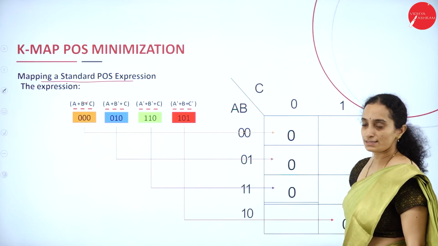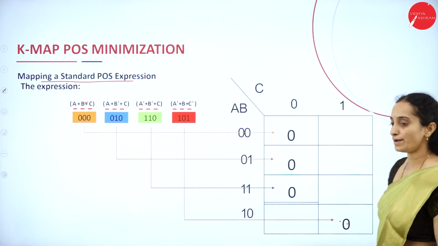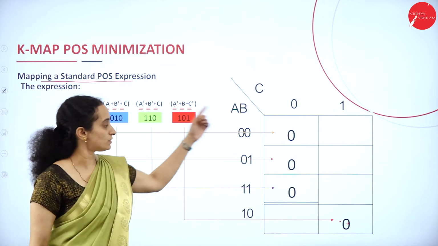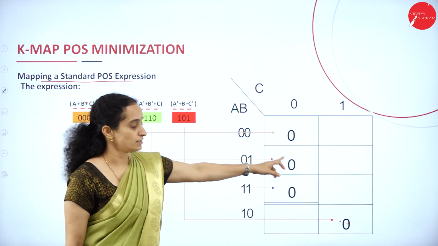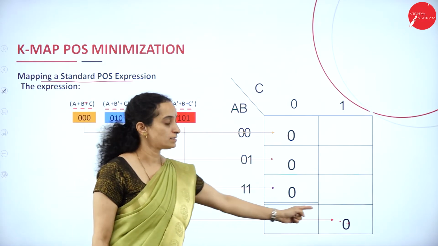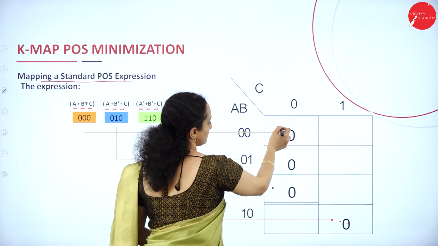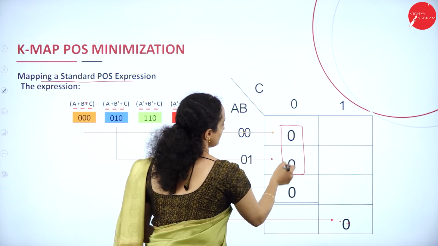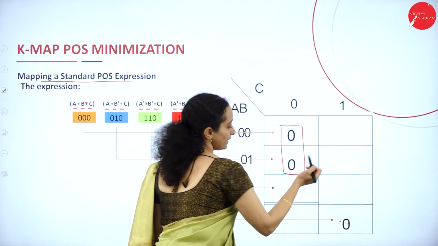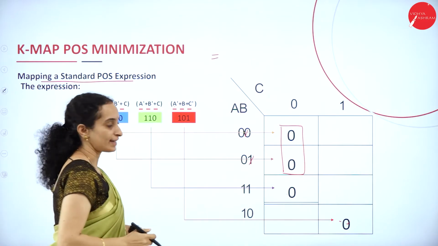Again 0, this 0, and the last one is 1, 0, 1. We use the expression for this: 0, 0, 0, 0, 1, 0, 1, 1, 0 and 1, 0, 1. Now you can group the values like this. Only these 2 zeros can be grouped and simplified. These 2 expressions will remain as they are. Okay. Again, you can get the expression.